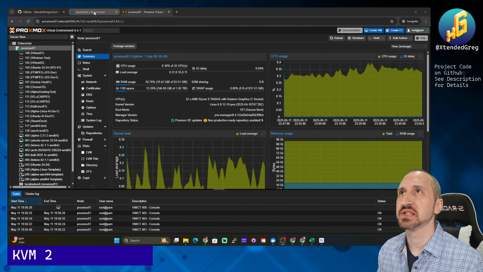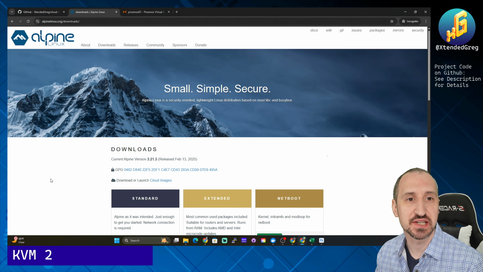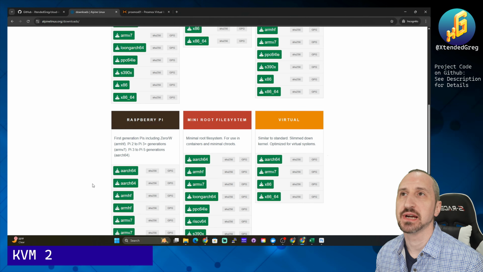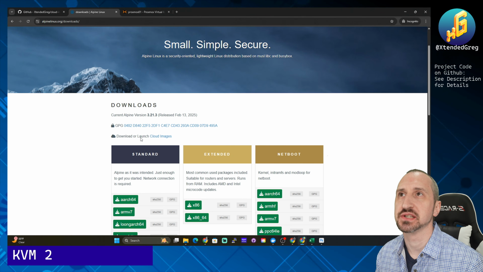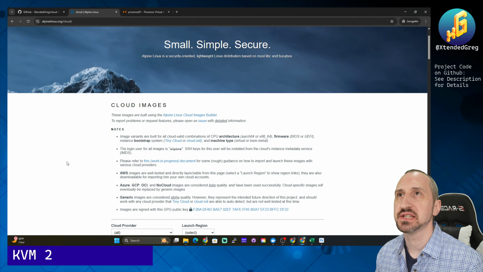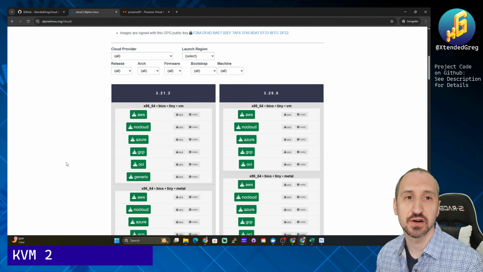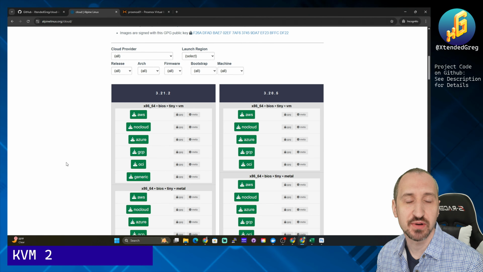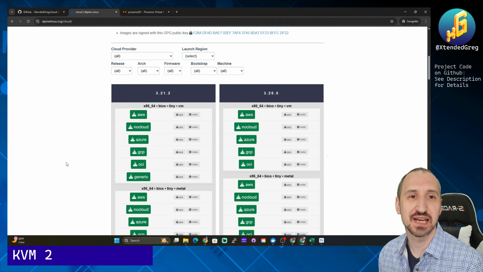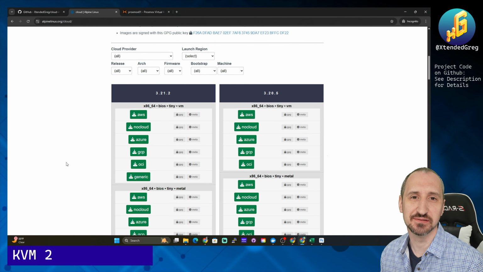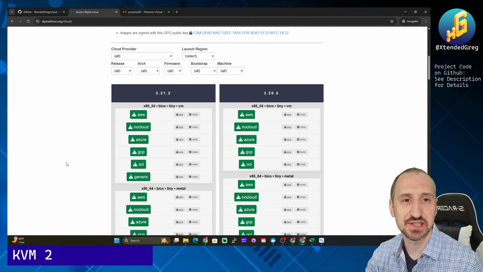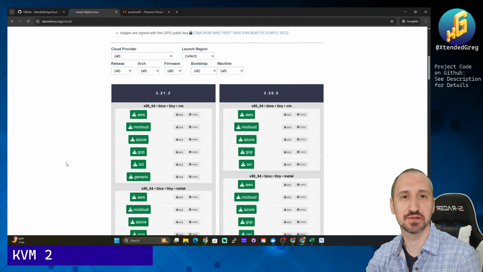So first, let's cover how to get there. We're going to use Alpine Linux as an example and show some of those cloud images. I'm here on the regular download page for Alpine Linux, and right up here it says download or launch cloud images. The nice thing is cloud images themselves are very portable and are used in AWS, in Azure, in pretty much all of the cloud-hosted virtualization providers. So it's really very simple to port it over to use it for them,